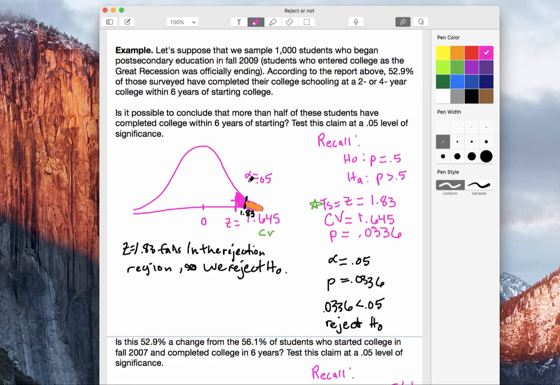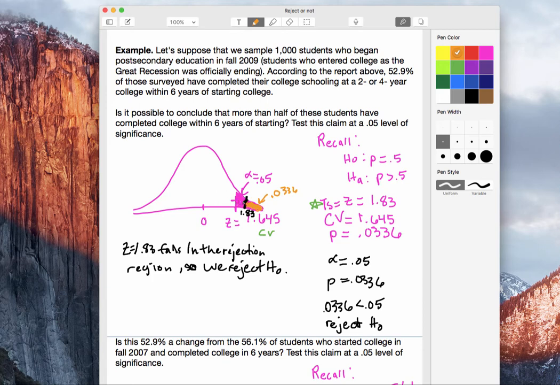So this pink section was 0.05. This orange section on top of that, that's your 0.0336. Since the area in the tail is smaller than our significance level, it's another way to say that our test statistic is further to the right. It's more extreme than that critical value cutoff that we decided was going to be our cutoff for